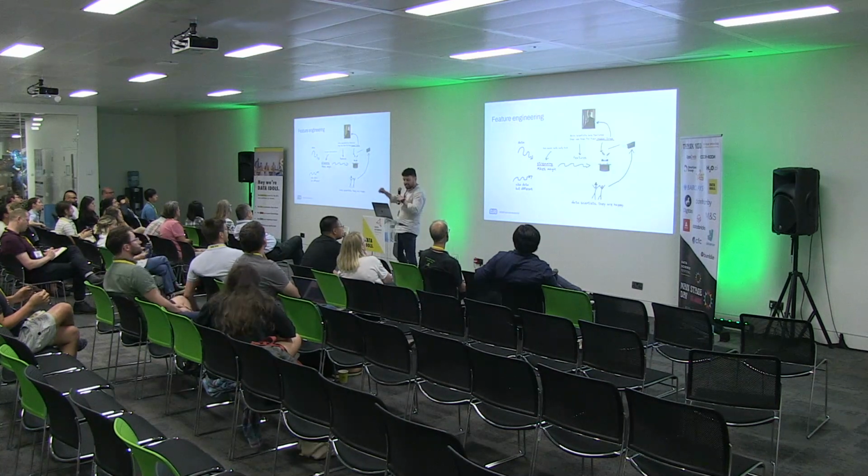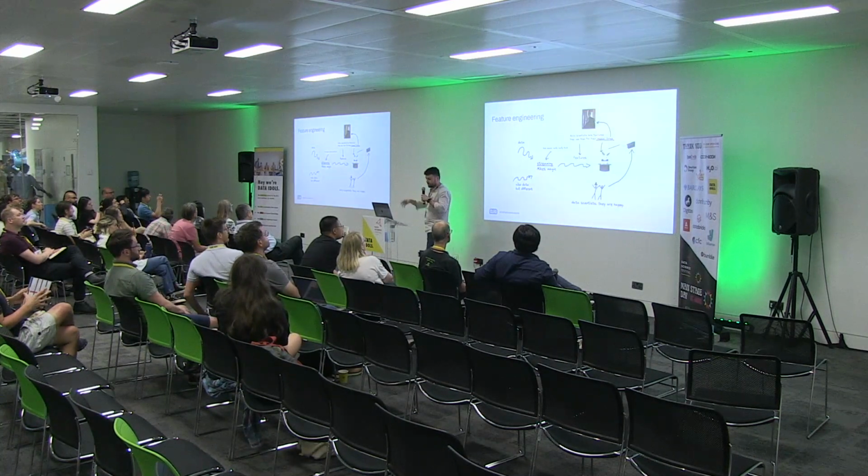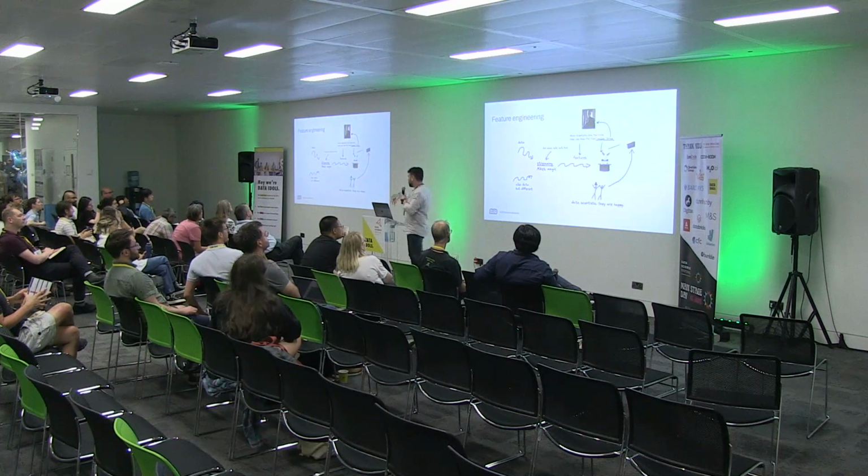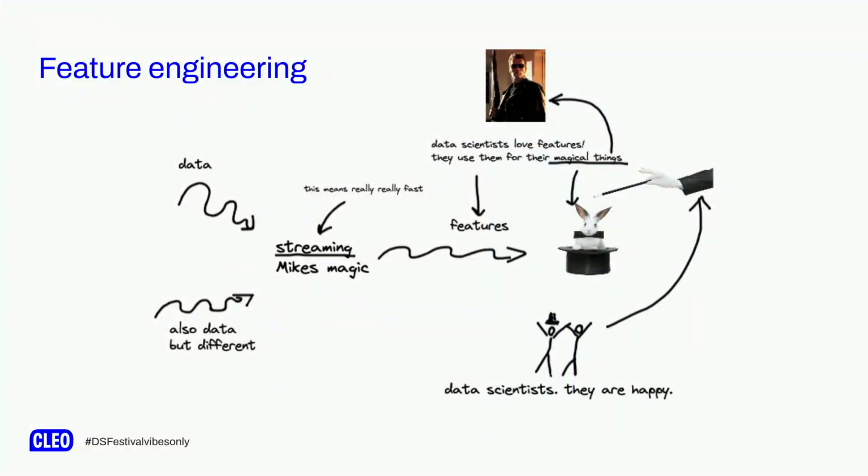As you can see, this is a very abstract slide describing what we want to do. As always, we want to make our data scientists happy somehow. We want to find a way to define the features in a single way and to have those features available immediately, both for training and serving.